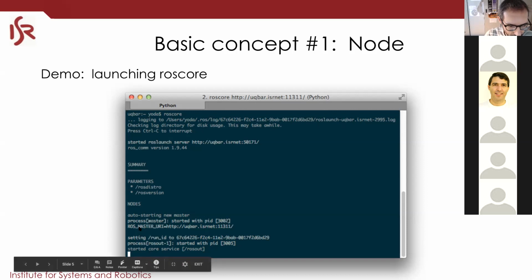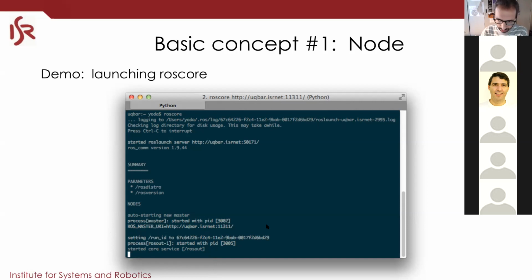This is just copy and paste: you just need to type export and this line, and it will allow you to connect to this ROS core. Other than for multiple machines, you don't need to do anything. You just need to launch ROS core, and once I launch ROS core, then I have ROS, so to speak, enabled, and everything that follows will connect to this one. Any questions about the concept of a node?